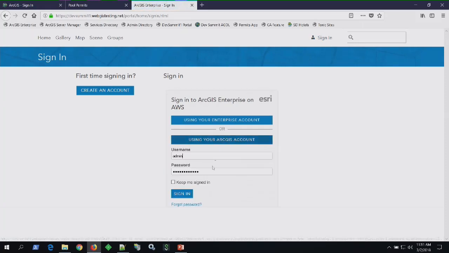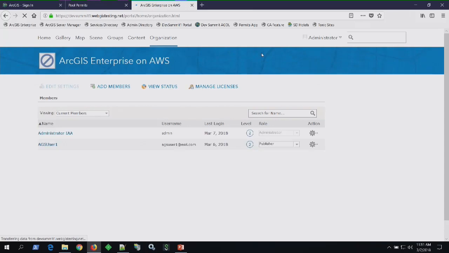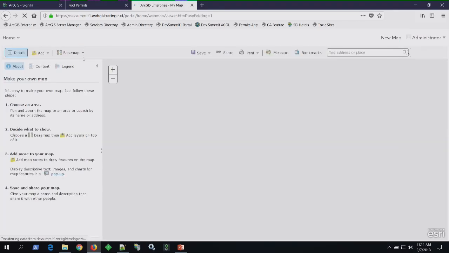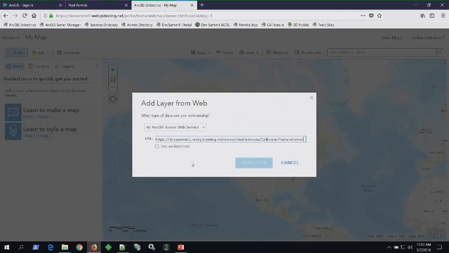And I'm going to log in with my admin account here. And I've got a secured hosted feature service in my ArcGIS Online organization. So if I grab that URL right now, and I create a map and add the layer,